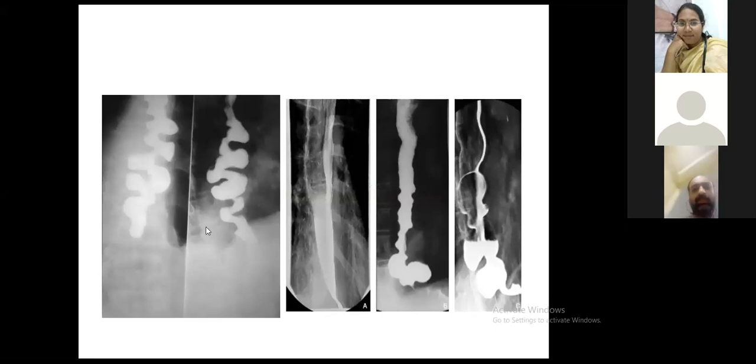So in this image, we can appreciate this is just to represent the spiral nature of the longitudinal muscle. The left side of the image shows a nutcracker esophagus or diffuse esophageal spasm. On the right side, we can appreciate achalasia cardia, in which there is a prominent constriction in the lower esophageal junction, which will be discussed in the next slides. Basically, this slide is put up to show the spiral nature that can be appreciated by the inconsistent contraction of the longitudinal muscle, on the left side as well as the right side of the image.